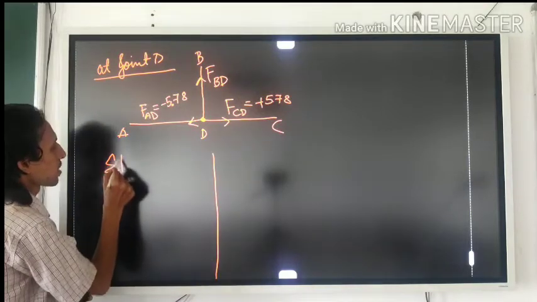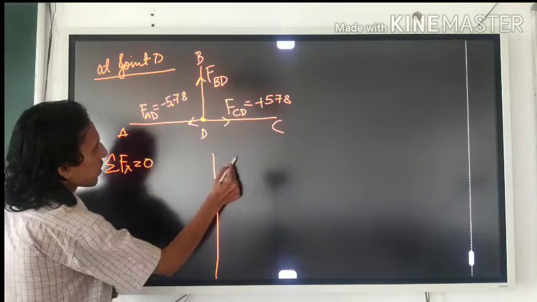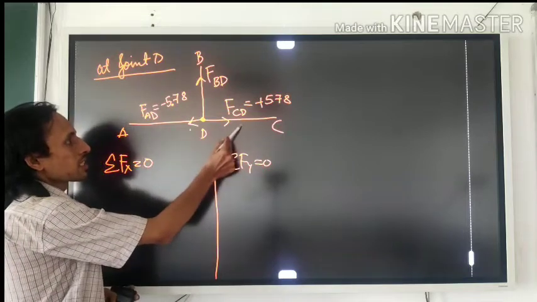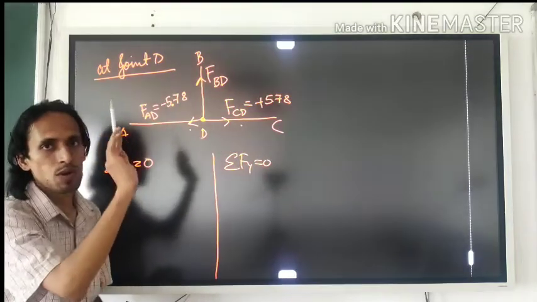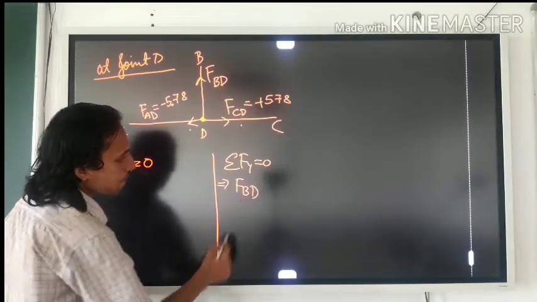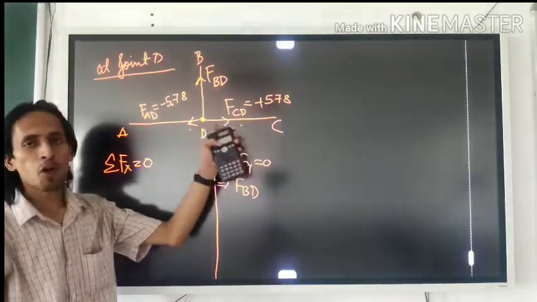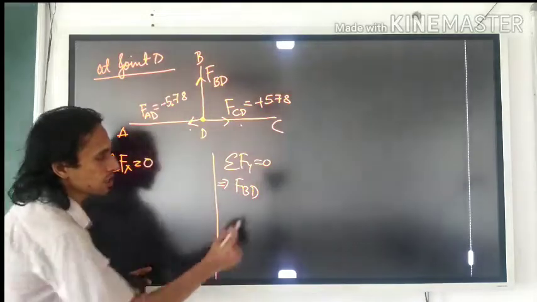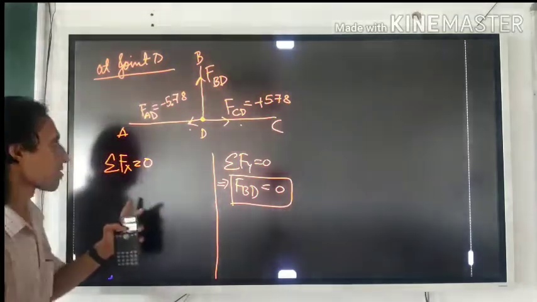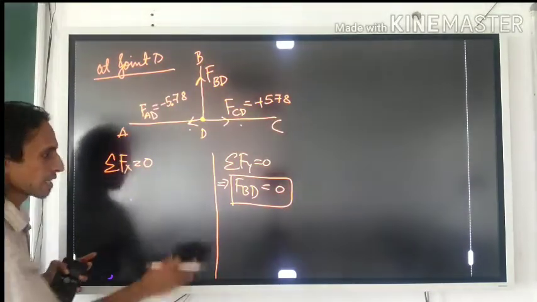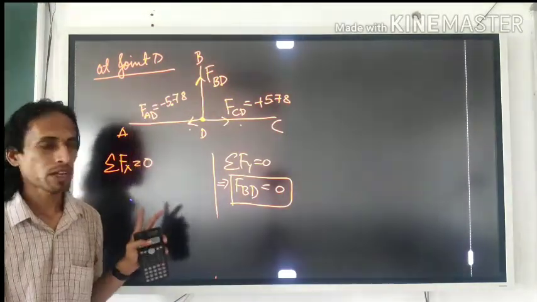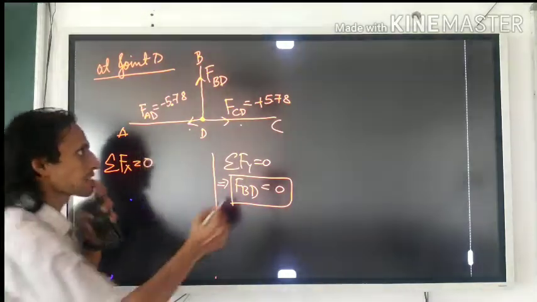So start writing the equation. Again, you have two choices: Fx is equal to 0, Fy is equal to 0. Now you see that these forces are in the x direction, whereas FBD is in the vertical direction. If you write the equation for Fy, there is no other vertical component, so FBD will be 0. So this directly gives the value. You don't have to write the other equation. So it ends here. Now you have calculated all the forces.